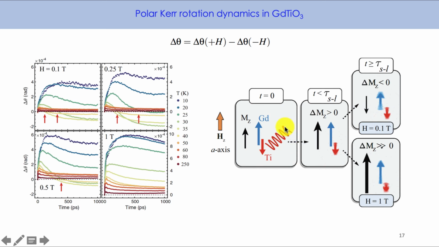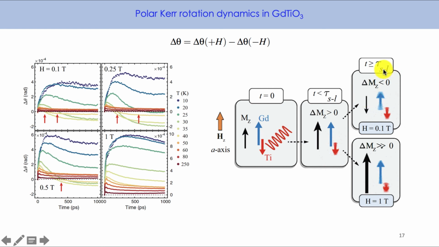So you're really driving the initial dynamics in the titanium channel. At short time scales, you've put the energy into the titanium orbitals, so the first thing you could have is photoinduced changes in the magnetization of the titanium. Remember, the gadolinium moment shown by these blue arrows and the titanium by the red arrows are antiferromagnetically coupled. So if you reduce the moment of the titanium along the a-axis, you're going to have this situation, like what we see at low fields, where there's first an increase in the magnetization,